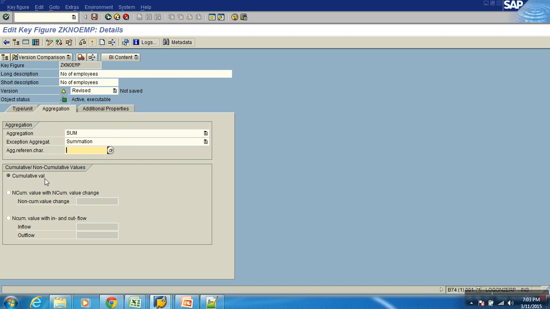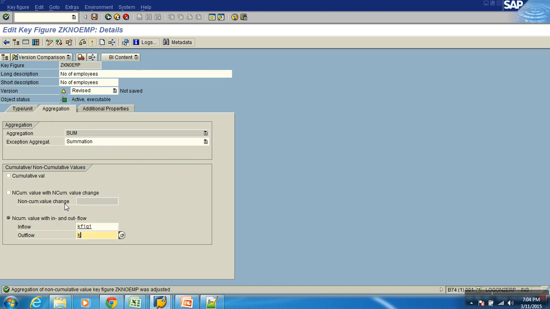We'll come back. See, when you go with non-cumulation, this comes in. We'll see that later. And another example: in BW, I want a key figure called stock, but my source is not giving the stock value directly. In the reporting, I want stock. So in the cube, I maintained a key figure called stock. But when I looked at my source, no one is giving me stock. They are giving me two things: inflow stock and outflow stock. But based on these two, I can determine stock. I should keep on adding up inflow and keep on deducting outflow. That will be my stock.